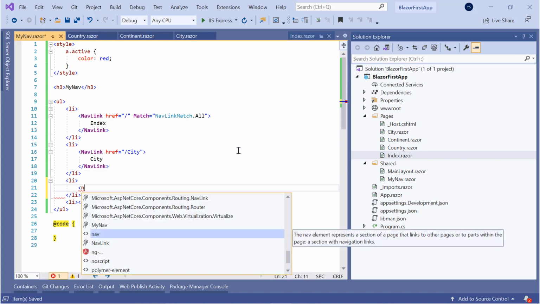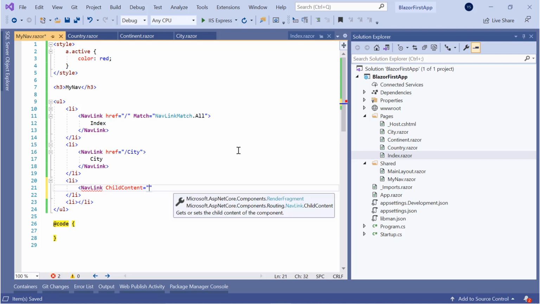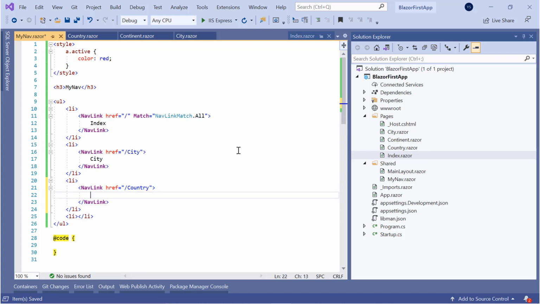Similarly, we add NavLink href, this is the country one, and this last one is for continent.